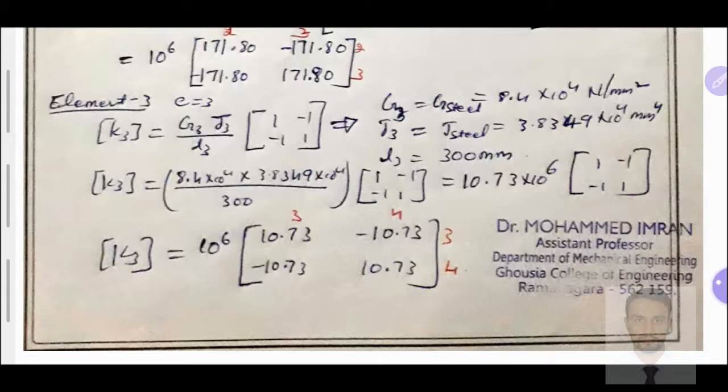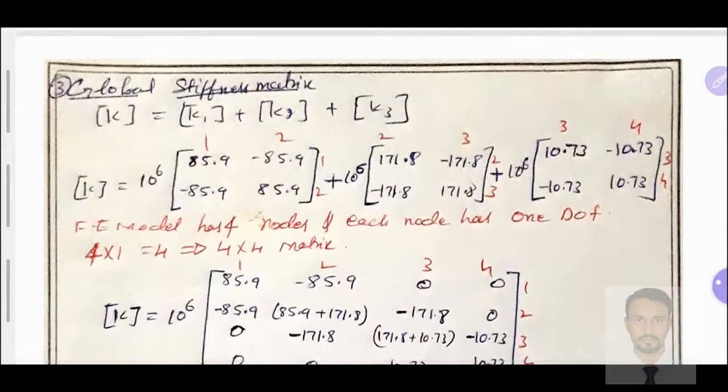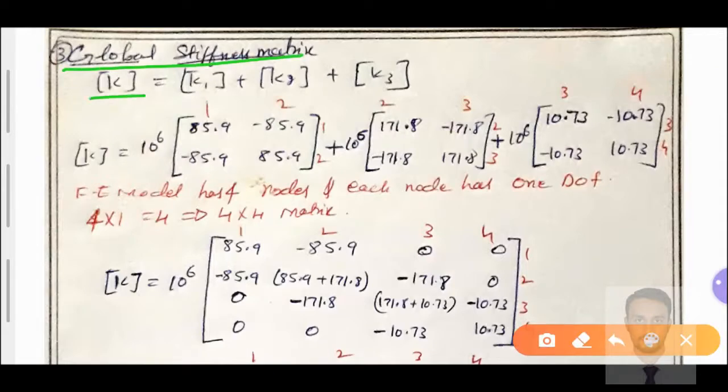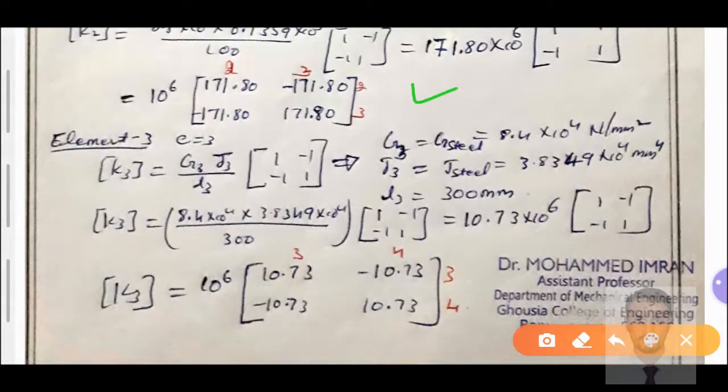We know how to derive the elemental stiffness matrix, and how to calculate the elemental stiffness matrix for a given problem. After calculating that, get the global stiffness matrix. As usual, we know the complete idea from previous problems; in a previous module we have solved several problems, and in this module we have solved in part A a beams problem. With a similar method, we have 3 elements, then the global stiffness matrix for the given shaft element is K equals K1 plus K2 plus K3. Then I have substituted the values of K1, K2, K3 from here: this is K1, this is K2 and then K3.